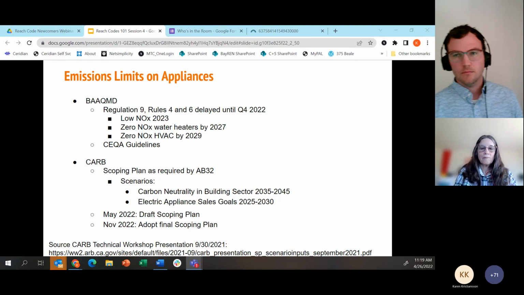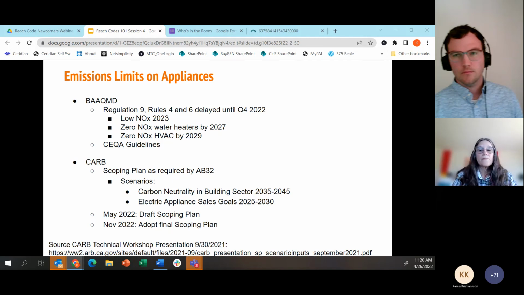They're looking to regulate the nitrogen oxide emissions of both water heating and space conditioning equipment, because even though we might be burning that indoors, it does affect our outdoor air quality. So that is something they're experimenting with right now.